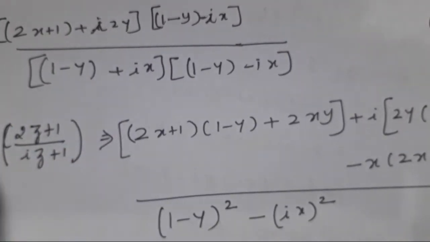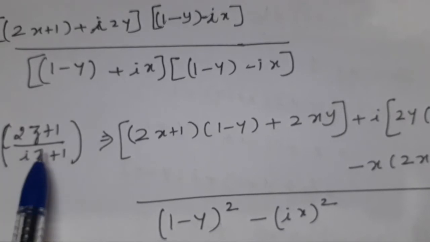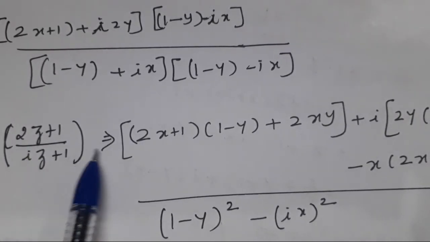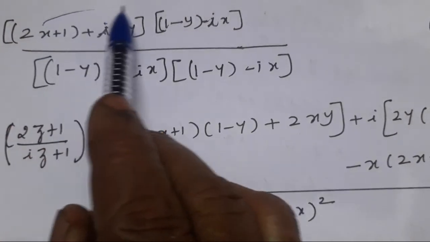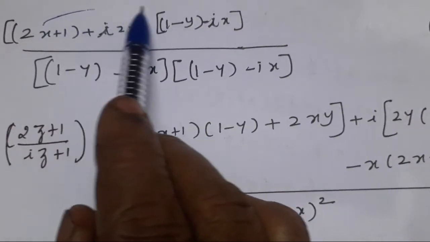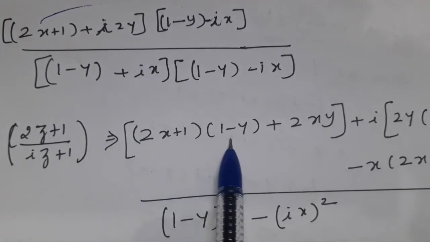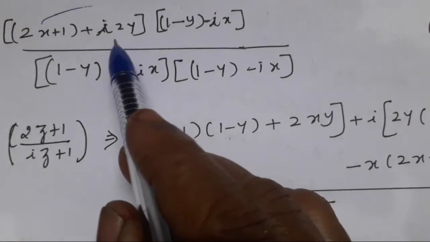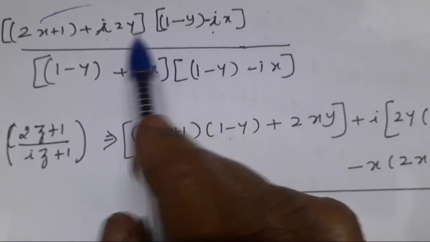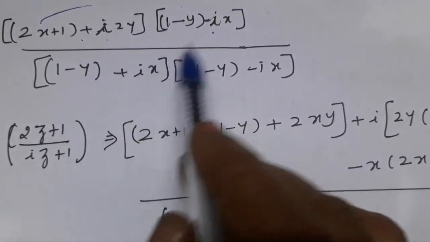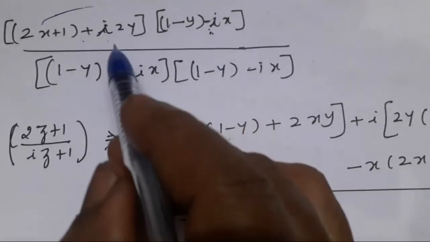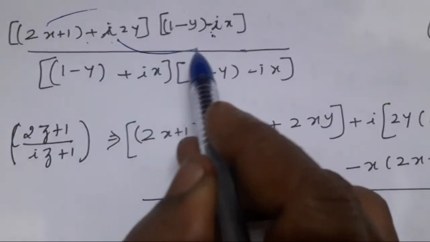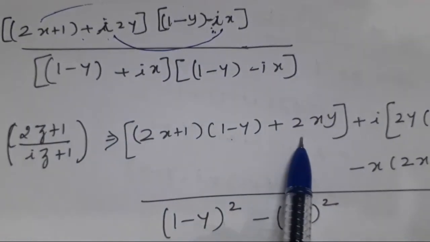I write it. Afterwards, we now find the imaginary part of (2z + 1)/(iz + 1). The real part 2x + 1 is multiplied with 1 minus i, because real part with real part: (2x + 1)(1 − i). Similarly, we want to find the real part: i into i is i squared, and i into minus i is minus i squared, already having 1 minus, so minus into minus becomes plus. So the imaginary part into the imaginary part also we multiply, to get the real value.